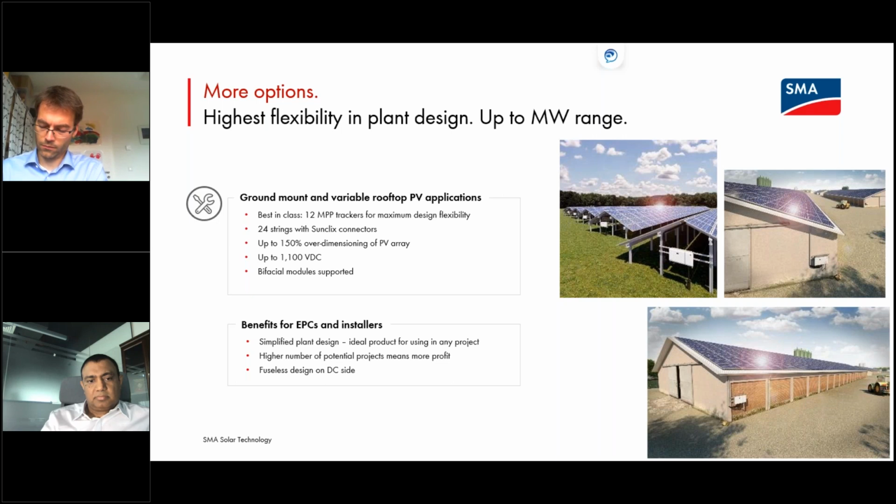So there's no problem of simply oversizing the PV plant, making use of the 12 different MPPT trackers, and really oversizing the PV plant in accordance with the Core 2 technical details, so that the inverter itself will run at a maximum throughout the whole day. What is also different to most of the inverters, you can go up to 1100 volts, which is